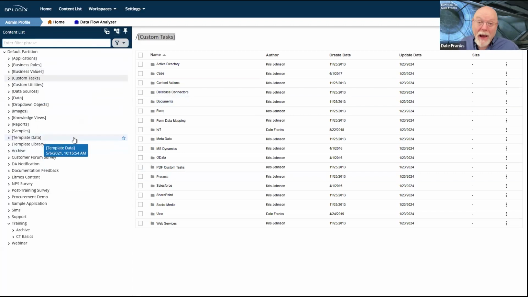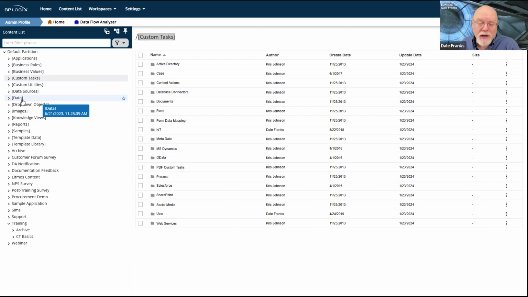We expect you to build your own system folders if you want: business values, business rules, data sources, any sort of data like Excel spreadsheets that get imported into the system. These are global objects, so we consider them system objects as well, and they go inside their own folders with their own square brackets.